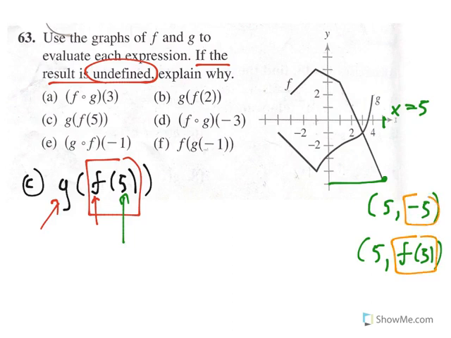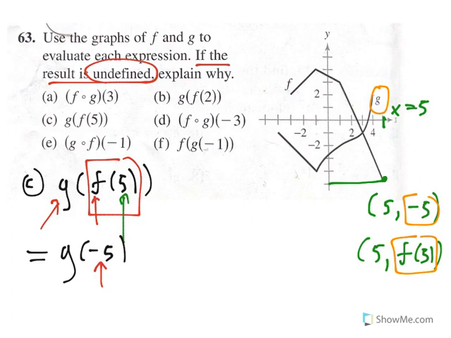It's negative 5. So you have g of negative 5. The only problem is, now you're working with the function g, and understanding function notation, negative 5 is the input for the function g,